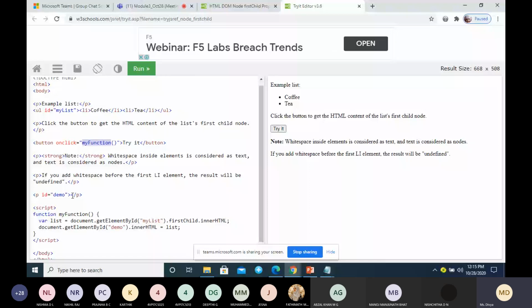What will that function do? Here we are using, as we have already studied in the lab program, getElementById. So we are getting the element, or the tag, which has the ID myList. Where is that? It is here.